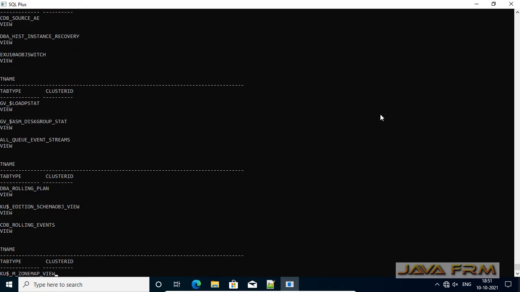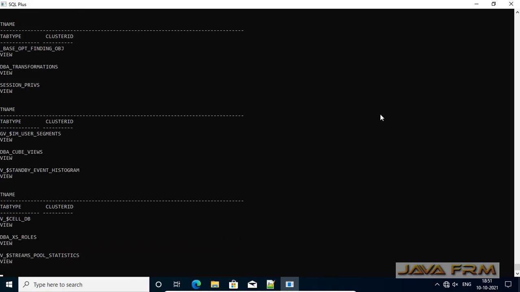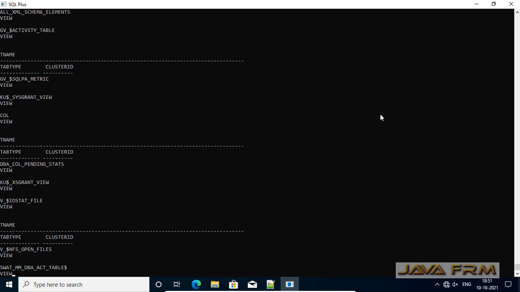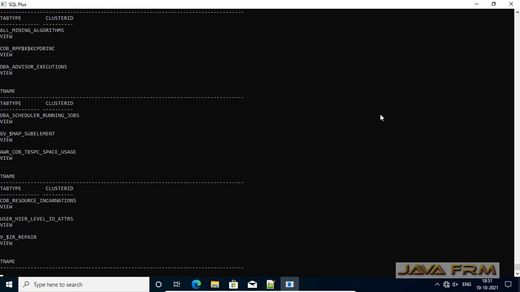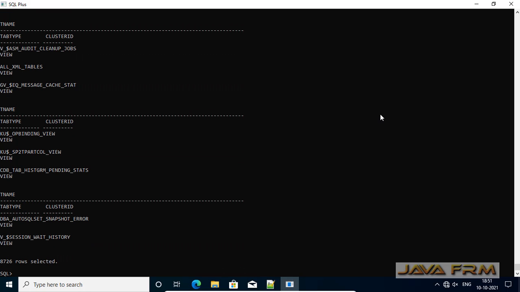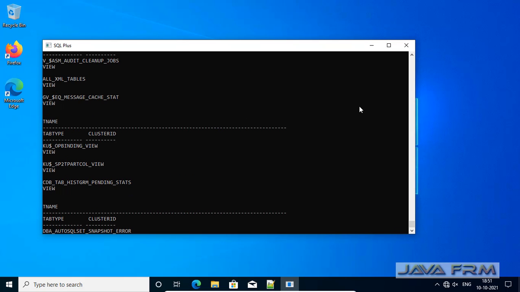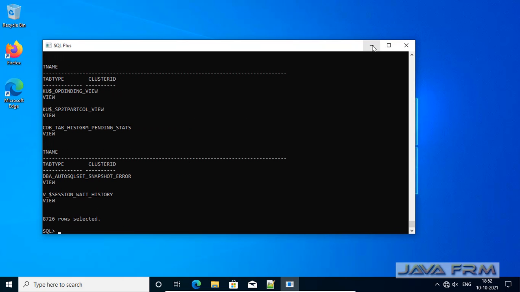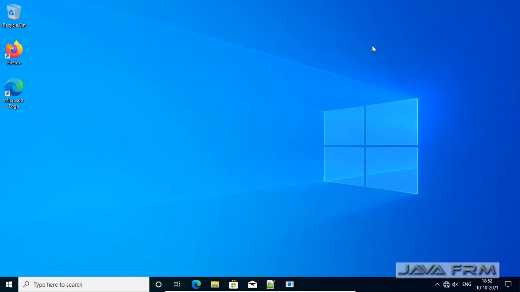So I can connect to Oracle Database 21c Enterprise Edition via SQL Plus, which means that the installation is successful. Okay, let me minimize.